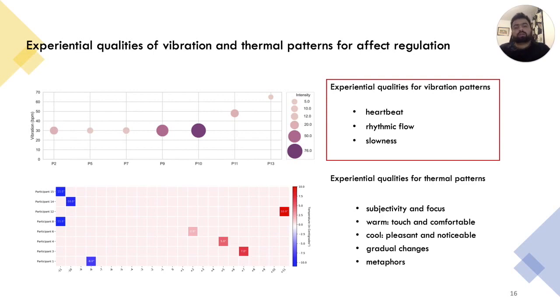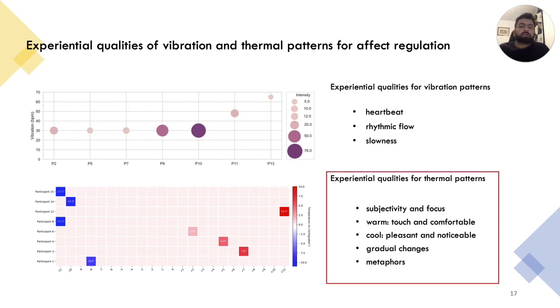Another important aspect related to these qualities is the visceral experience of vibrotactile patterns, allowing participants to follow their rhythm as if it was their own heart. These findings support the view that with the right frequency, vibrations have the potential to be experienced as coming from the body, more specifically when linked to the rhythm of the cardiac system. For thermal patterns, participants perceive them through qualities such as subjectivity and focus, warm, touch and comfortable, cool, pleasant and noticeable, gradual changes of warm and cool